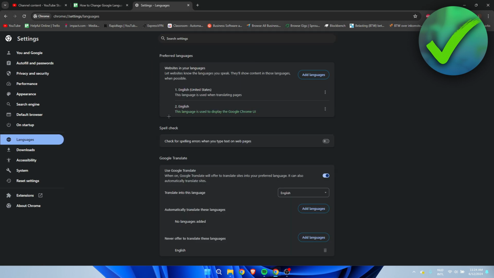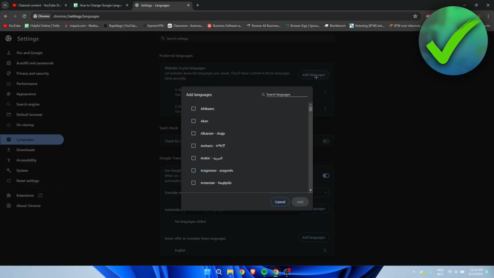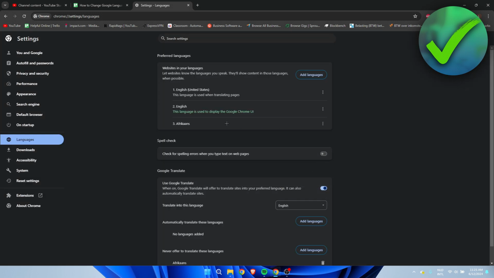And then here we can see the languages we have. So you want to simply click on add language. And here you can select any language again. Let's say we want to go with Afrikaans and you click on add. Then currently it is set to the bottom. So in order for this to actually be your new language in Google Chrome, you want to go over here